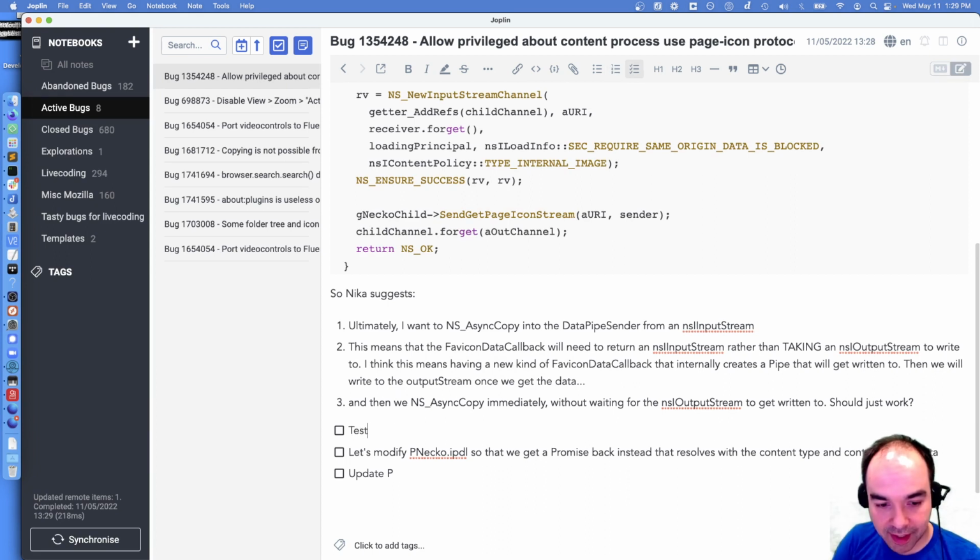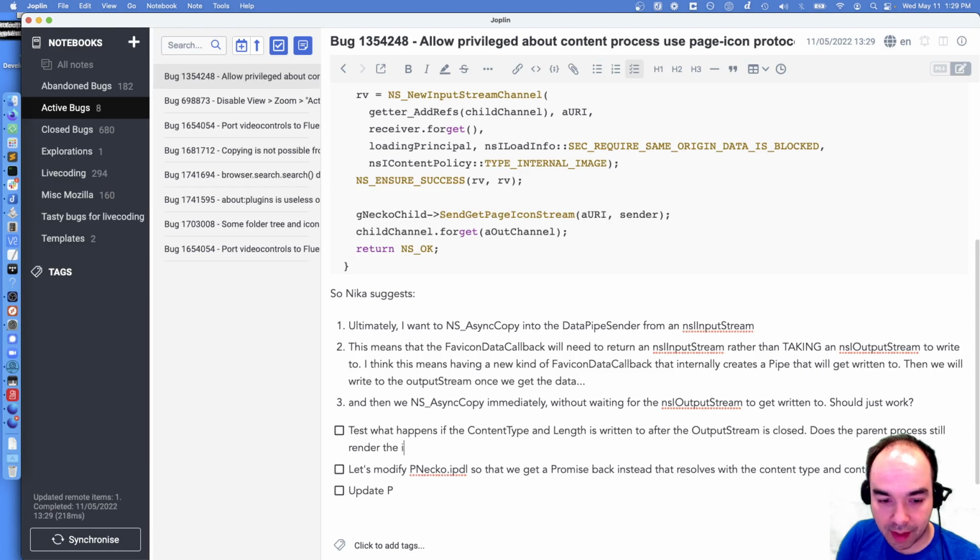Let's test that. Test what happens if the content type and length is written to after the stream, input stream, or the output stream rather, is closed. Does the parent process still render the image?